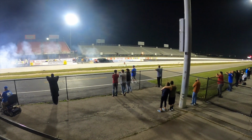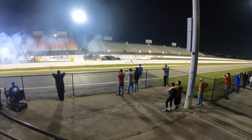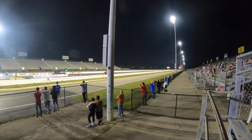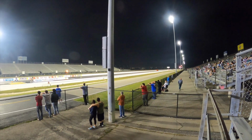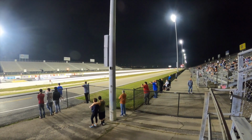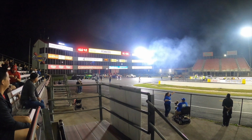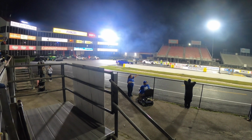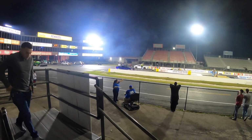We've got a CTSV coupe on the drag radial and a looks like 392 Charger on drag radial as well. That CTSV walked out of that Charger's light. CTSV is running really good. 10.6 at 131. Alright guys, we've got the blue Novi Paxton centrifugal blower Mustang that we've ran twice